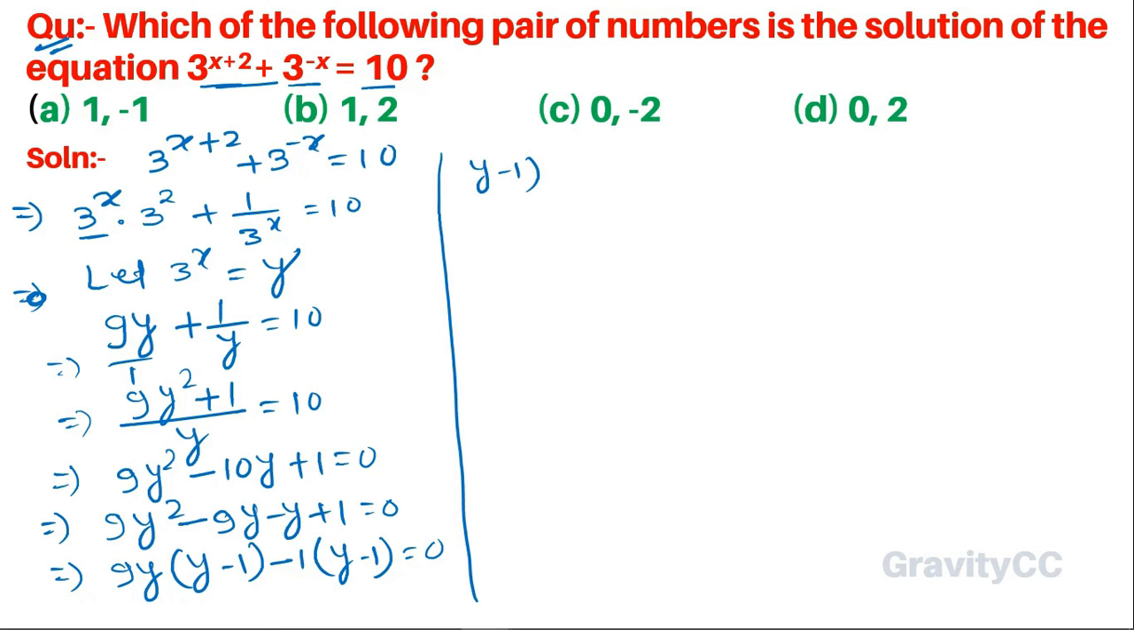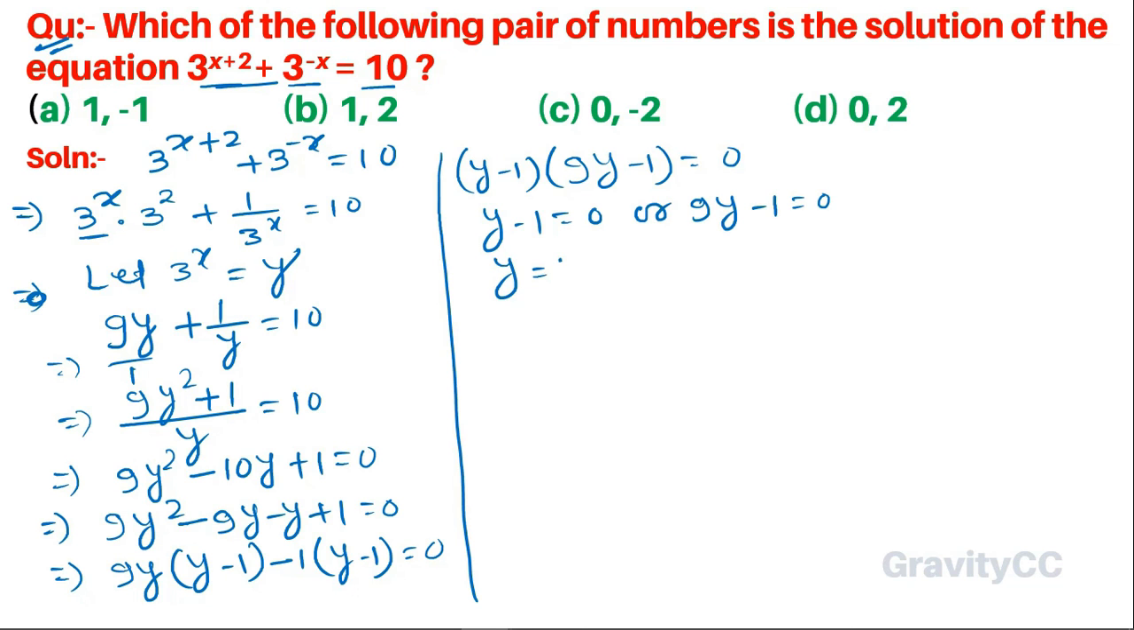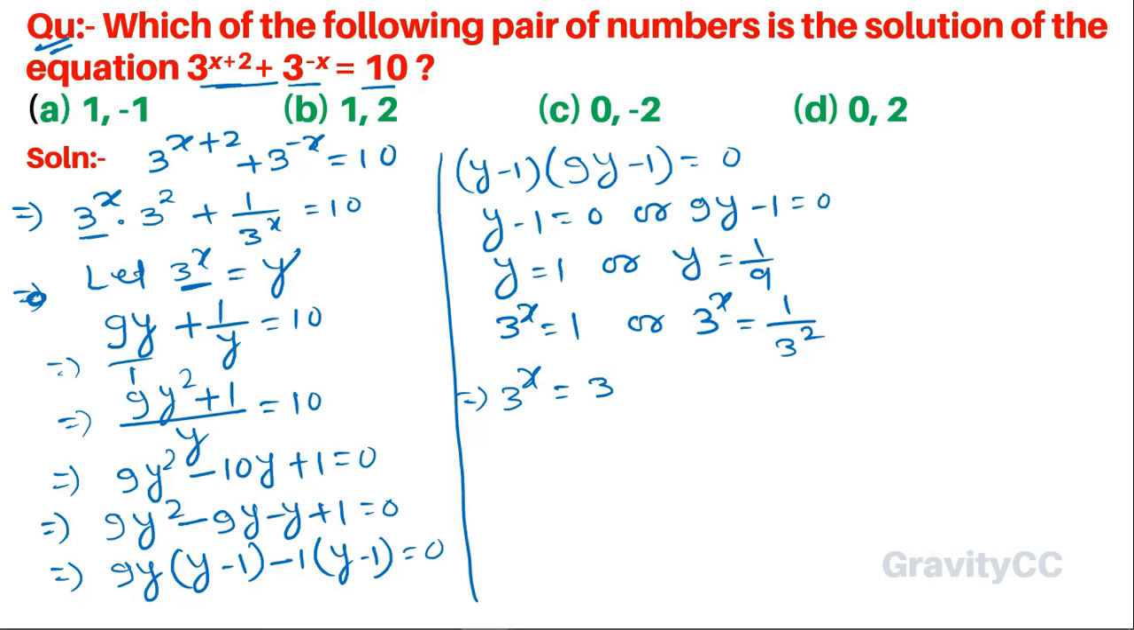So y minus 1 into 9y minus 1 is equal to 0, so y minus 1 equal to 0 or 9y minus 1 equal to 0, so y equal to 1 or y equal to 1/9। और इस y को हम क्या लेट लिया था 3 to the power x, so 3 to the power x equal to 1 और 3 to the power x equal to 1/9 को हम लिख सकते हैं 3 का स्क्वायर, 3 to the power x equal to 3 to the power 0 और 3 to the power x equal to